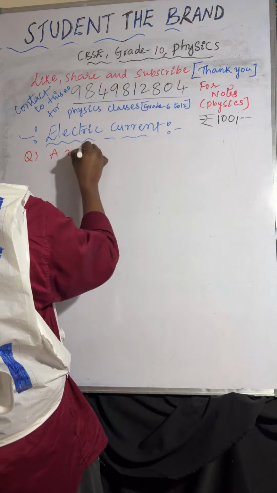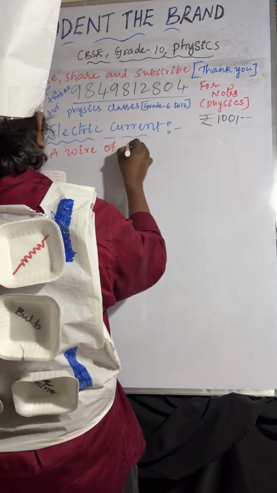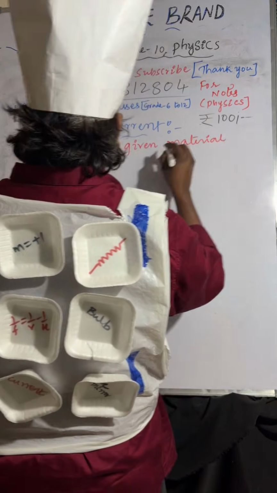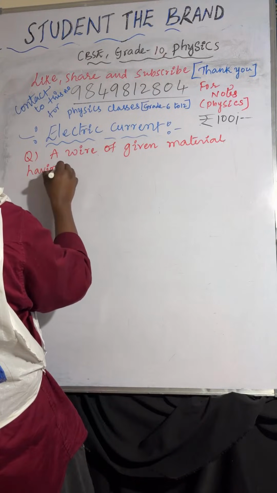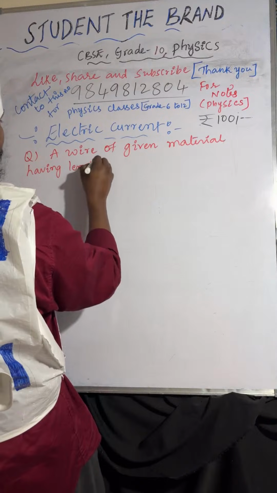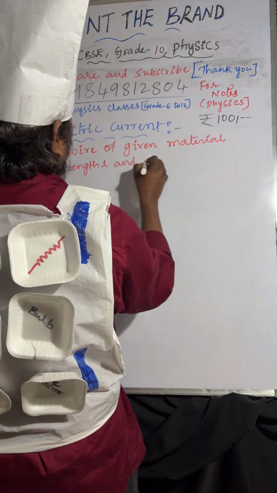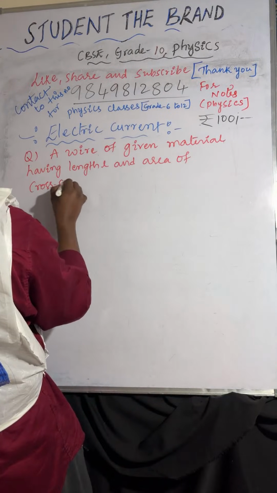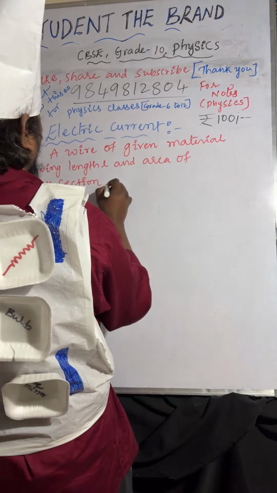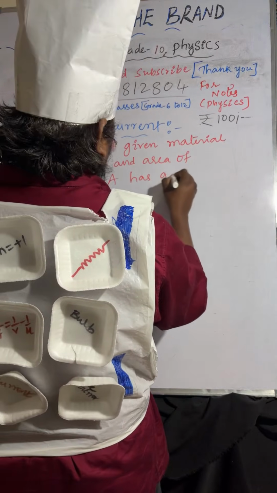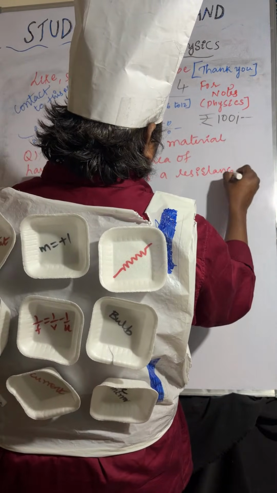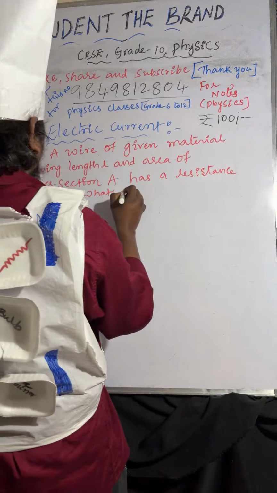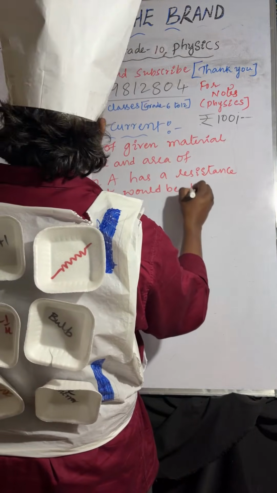A wire of given material, a wire of given material having length L and area of cross section A has a resistance of 10 ohm. Okay, what would be the